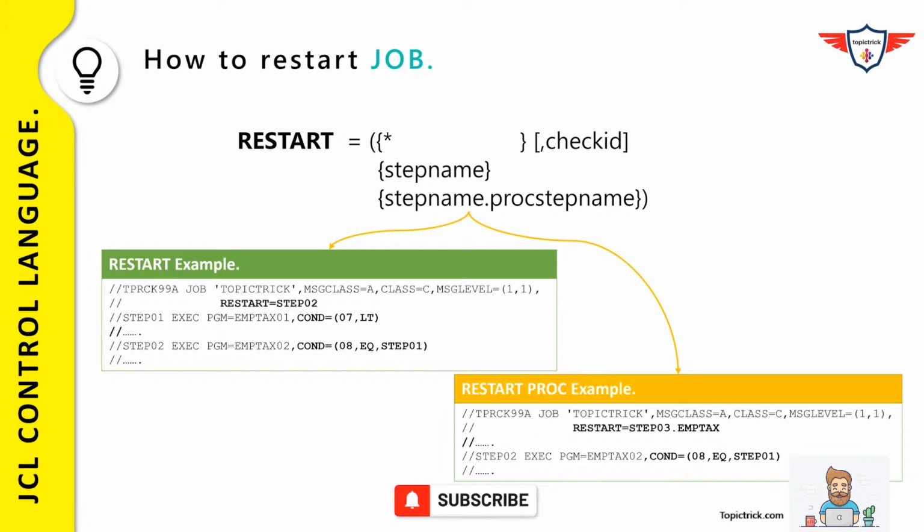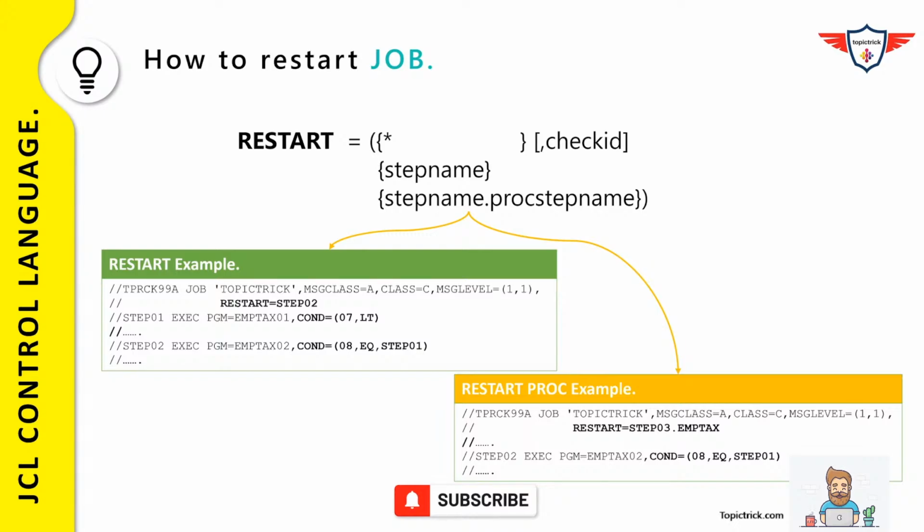In the second example, the JCL is using a catalog procedure, and in this case the step from where I want to restart my job is in the catalog procedure. So what I've done is I've used the restart keyword followed by an equal sign. After that the step name, that is step 03 dot emp text, which is actually proc step name. And after including all these details, you simply need to resubmit your job